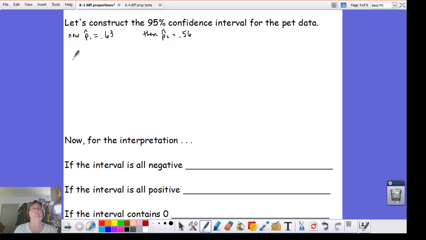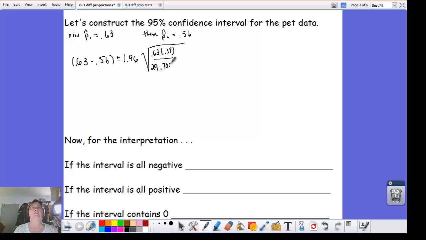We're going to look for a 95% confidence interval for that information. So let us begin. The first thing that we want to do is build the center of our interval, and that's p hat 1 minus p hat 2. So 0.63 minus 0.56, plus or minus critical z for 95%, which is 1.96. Then the standard error would be 0.63 times 0.37 all over